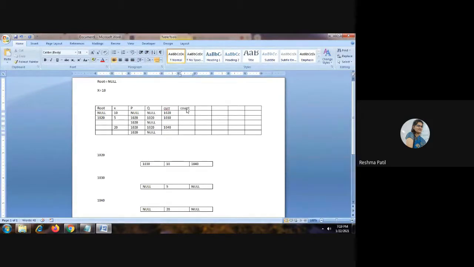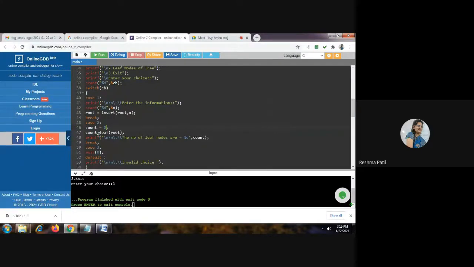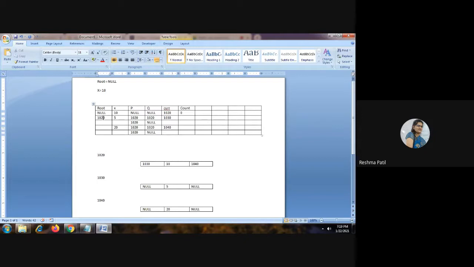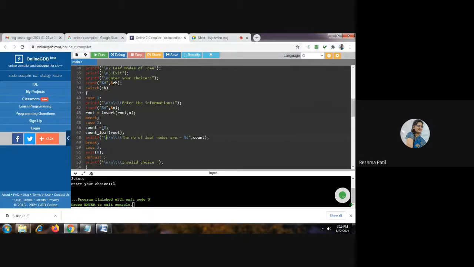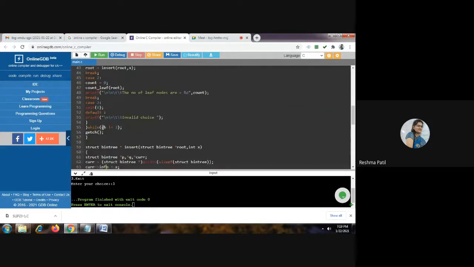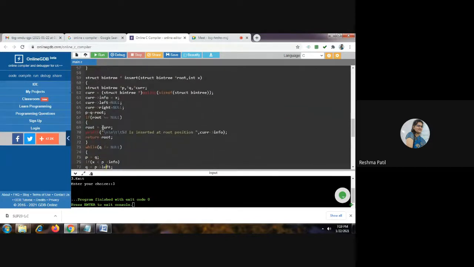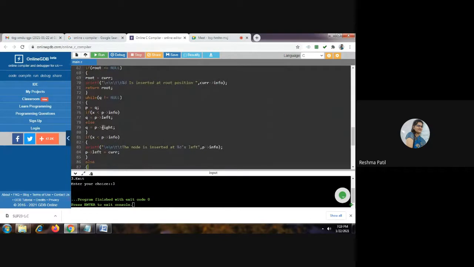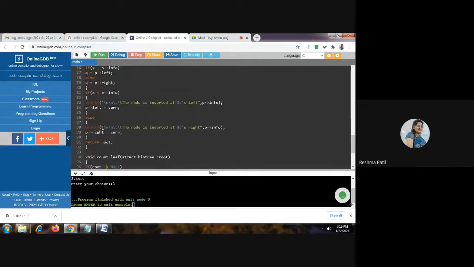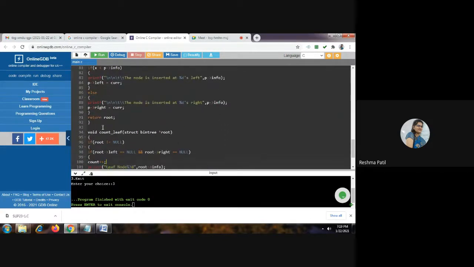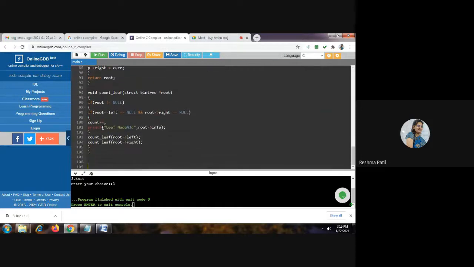We call the function count_leaf with the root value, that is 1020. This is the function. In this function we are passing the 1020 value.